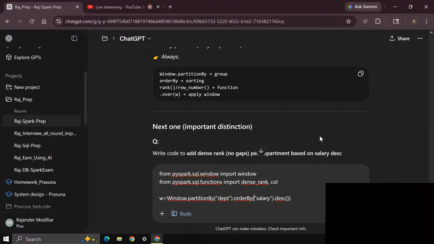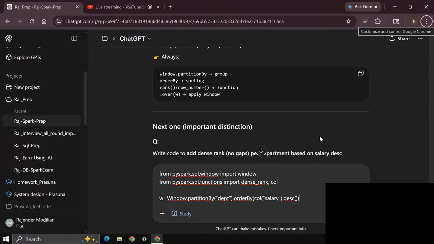We need to remember this one: col of salary for the column operation, and this will be the declaration of the window. Window partition by quotations dept dot order by, in that col salary desc. Okay, so after that we need to apply the window. That application will happen based on this.